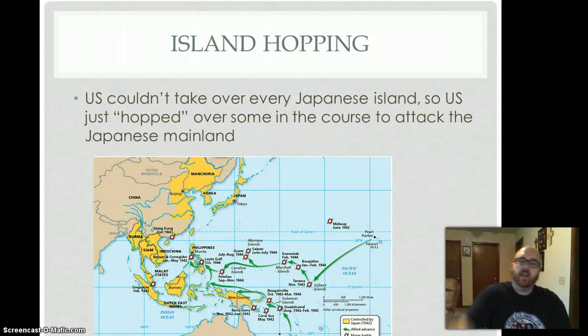As I said, a reference to island hopping. We couldn't take every island. Japan thought we were going to, which kind of put it in our favor. As you see, we start at Pearl Harbor, that's our military base, and then we go here, then there. And everywhere we went was a major battle. We just hop from island to island to island, defeating